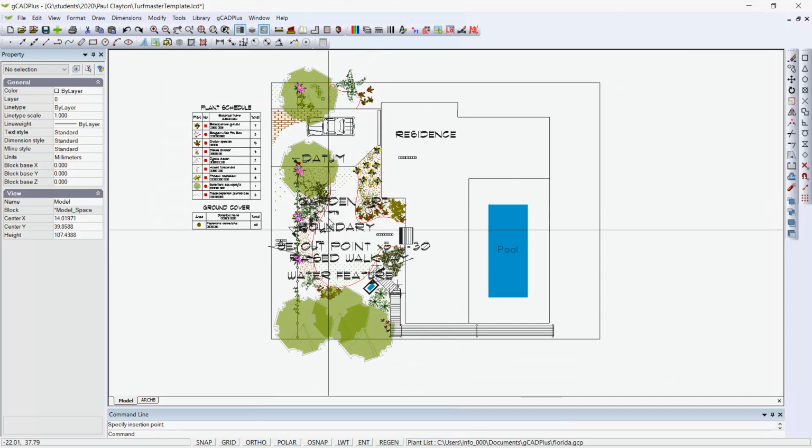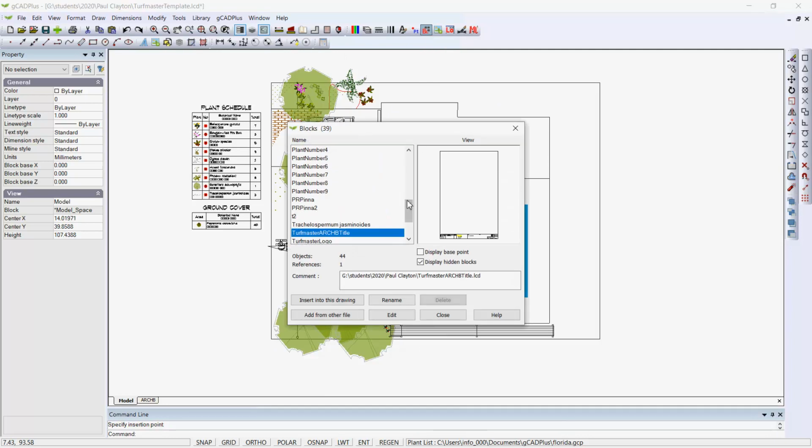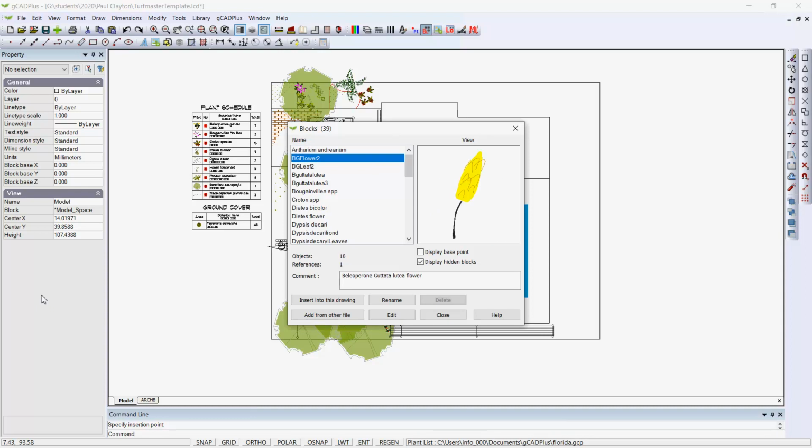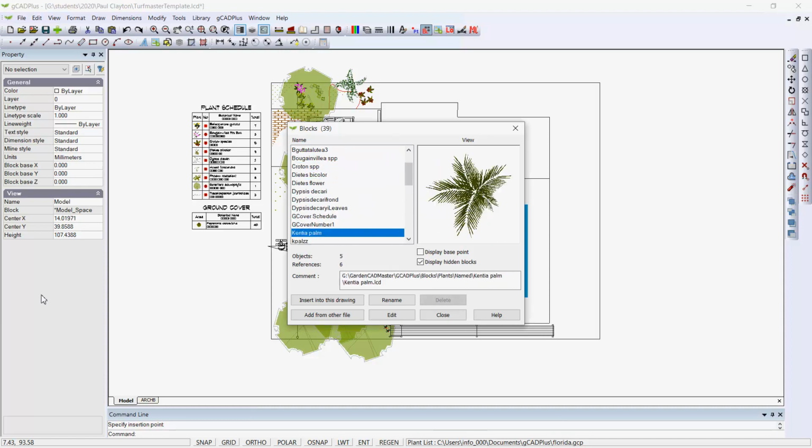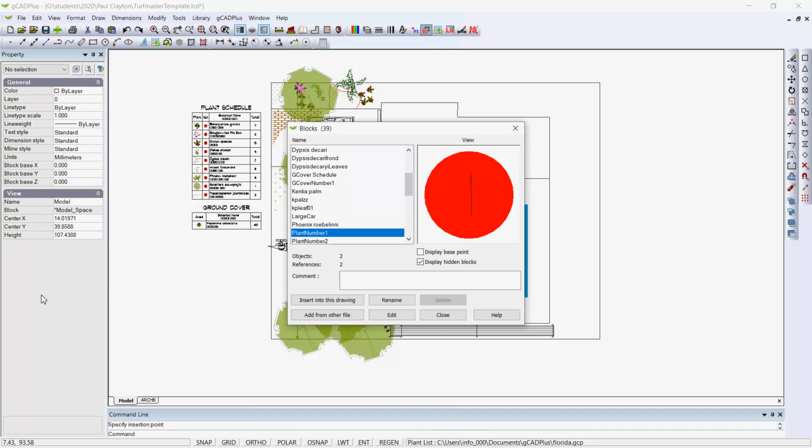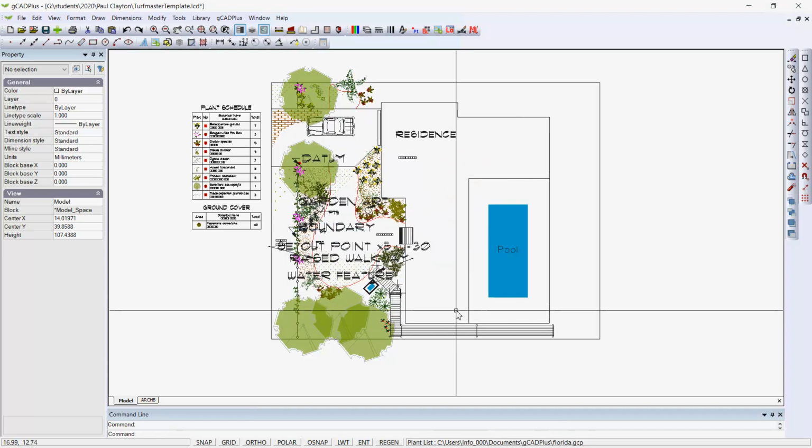Why I wanted to do that is that it gives me a whole lot of tools that are in the block library. This is the block library associated with the drawing, and you can see there's an anthurium, and I can move backwards and forwards through some of the symbols that are there in the drawing. And I'll close. We may or may not use them, but that puts them into the template really quickly and